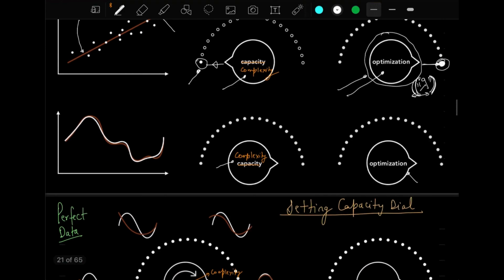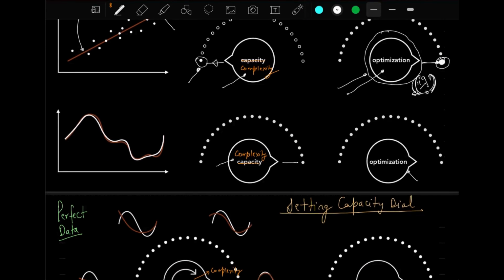But when you move the complexity dial to the extreme end, and you keep the optimization knob also at the extreme end, then what you will get is a complete fit to any complex model also. So if you have a complex model, which is given over here in this color, then the white line is actually approximating it. So basically you can see that as you increase the complexity, you can go for more complex models.